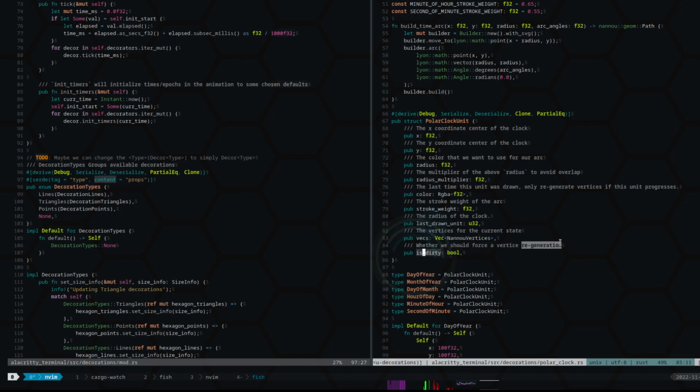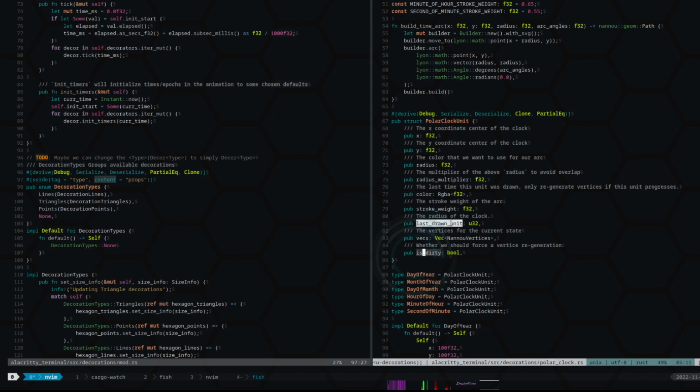So the first time that I ever draw this, or the first time that I ever instantiate this object, I want to create these vertices, and then the next time is going to calculate the current time versus the last time that we draw this unit,